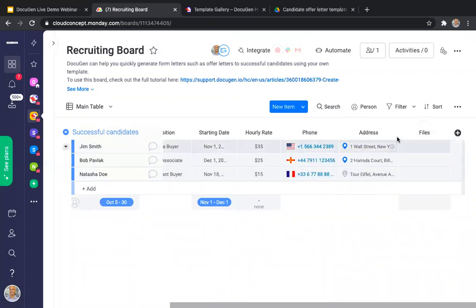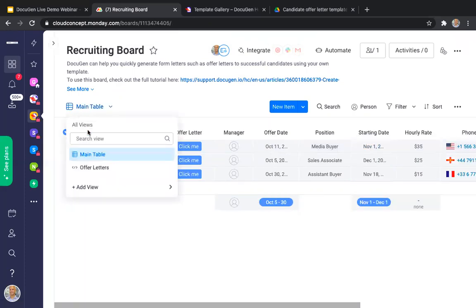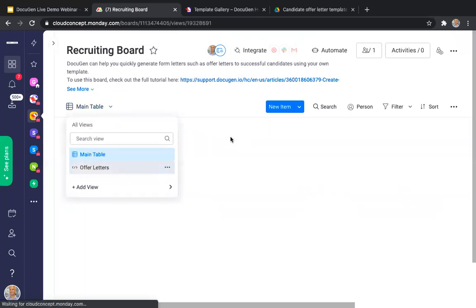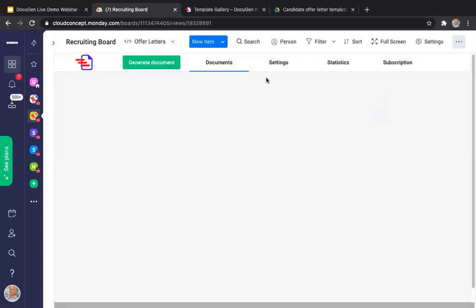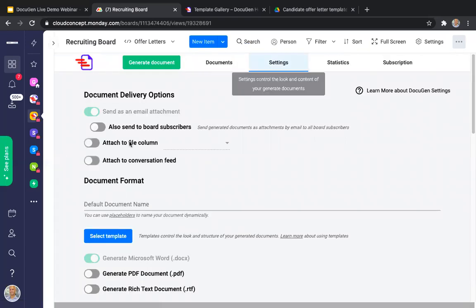And I'll just keep it files. I won't rename it. I can rename it, but I'll leave it as it is. And let me switch back to my Docugen view. Now that I'm back on my Docugen view, if I go to settings, you will see that this option for